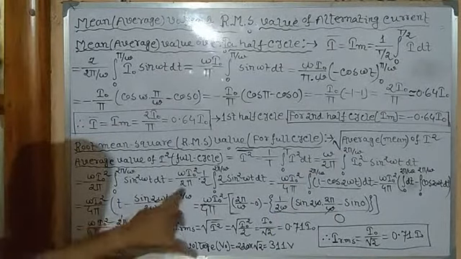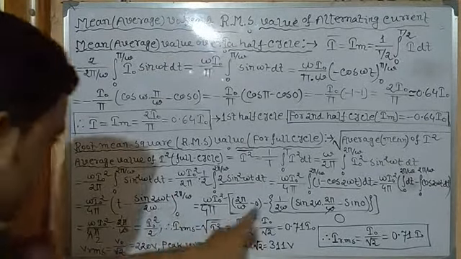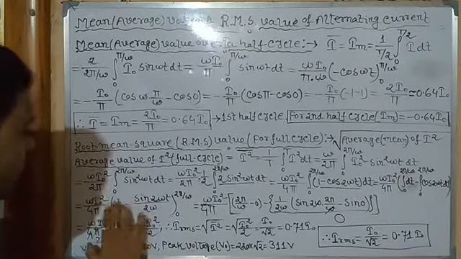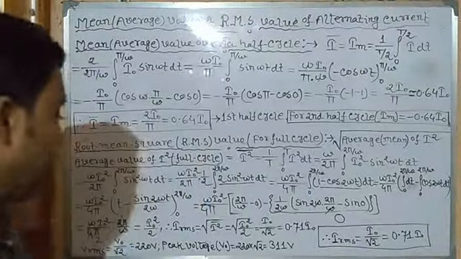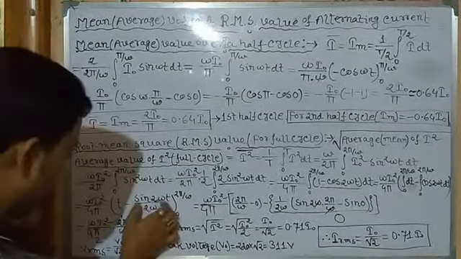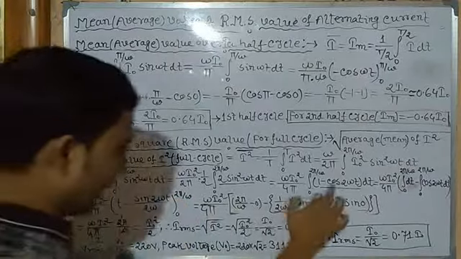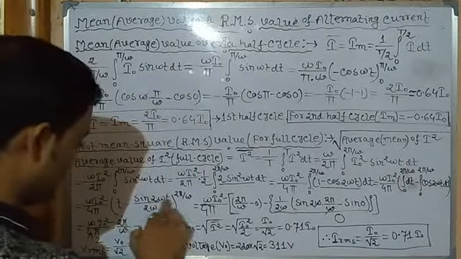So at first t, upper limit minus lower limit, 2 pi by omega minus 0. Then minus 1 by 2 omega will come out. Then we have only sine 2 omega t. In the place of t, we put the value 2 pi by omega. So sine 2 omega into 2 pi by omega minus sine 0. If we put 0 in case of t, it is 0.